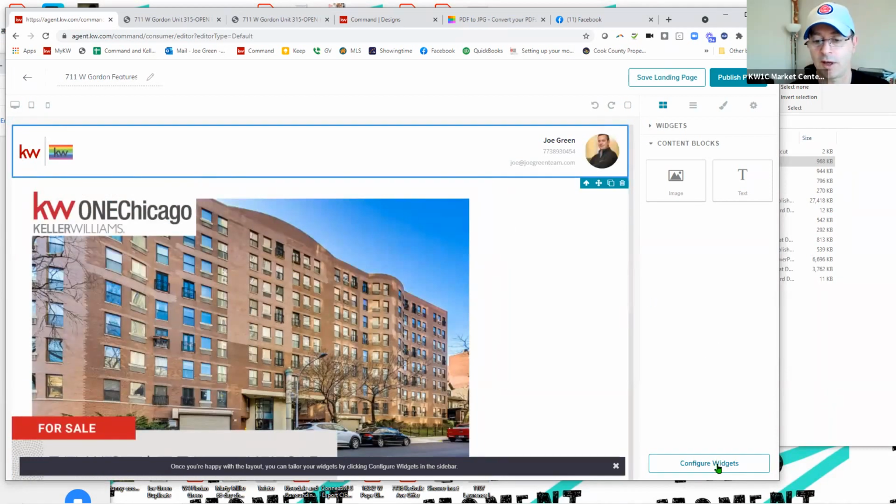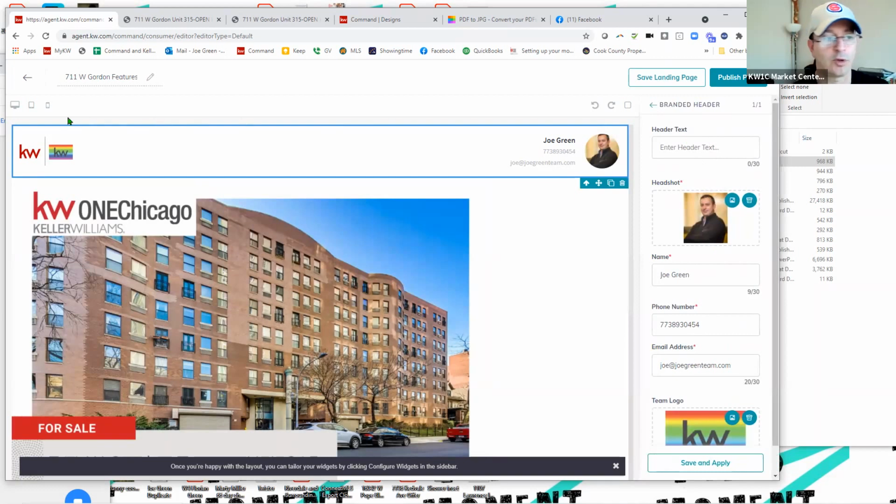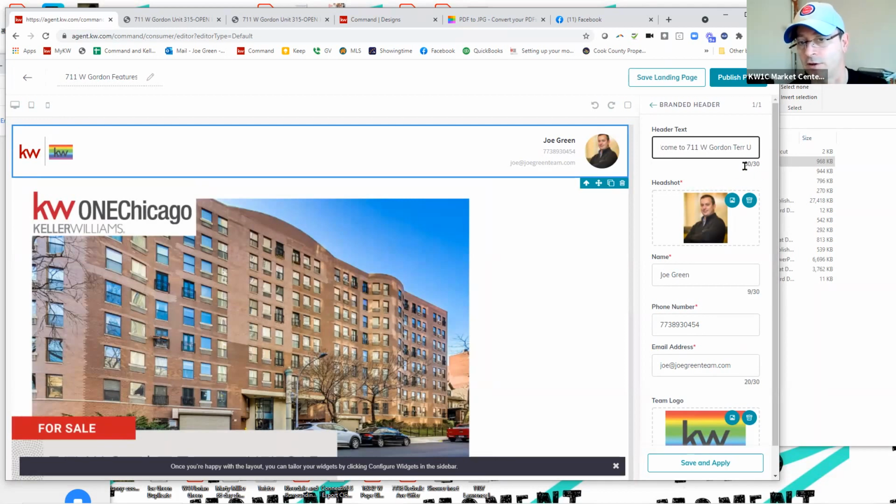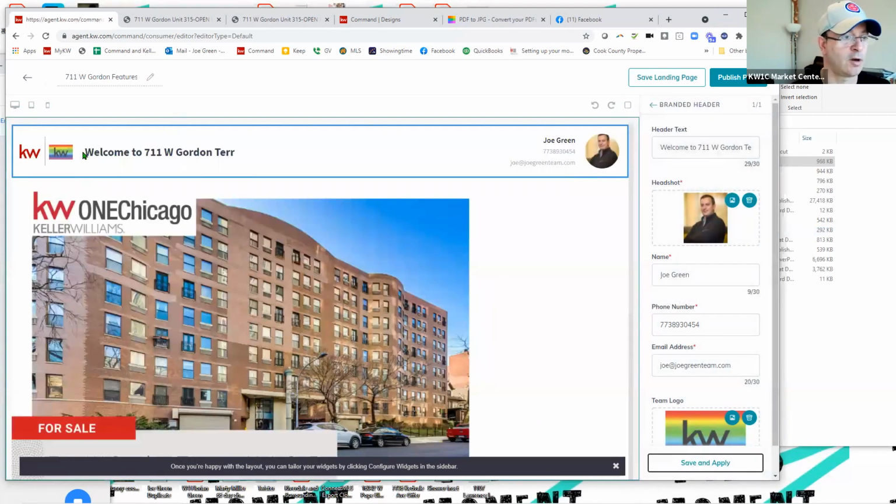So let's go and configure the widgets. You really only have one widget, and it's the enter the text. So let's say welcome to 711 West Terrace Unit. Nope, you only have 30 characters, so you do have to monitor that. So I'm okay just saying welcome to 711 West Gordon Terrace, right? Save and apply. There you go. Welcome to,